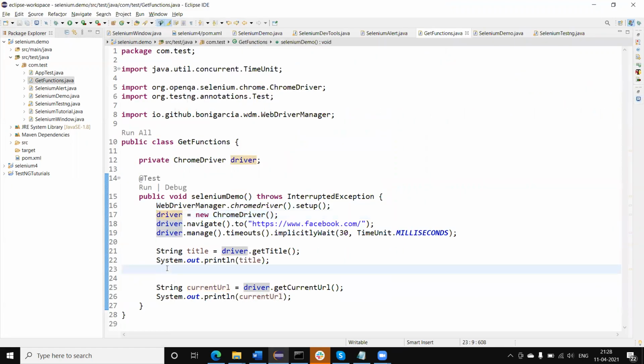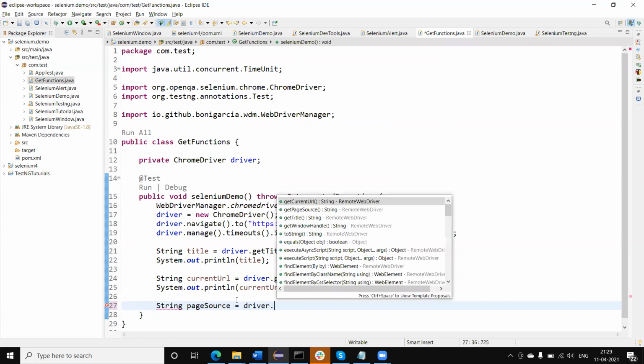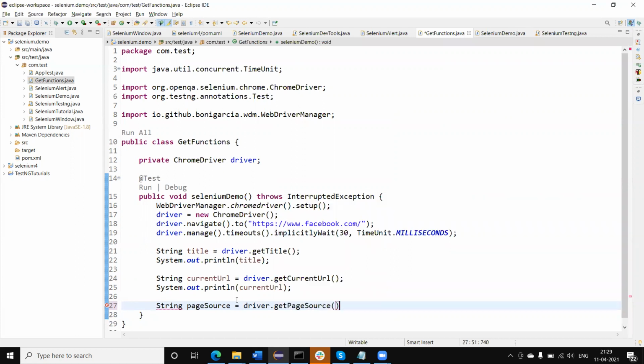Next, if you want to get the complete source code of the application, we have a specific function, and generally we require the source code sometimes to verify some values in it. If we require such verification, we need to read the complete source code and then verify the expected value. So Selenium WebDriver provides a function. Let me give you driver dot get page source.